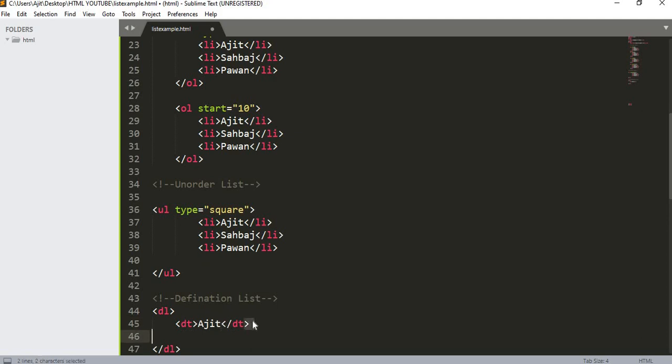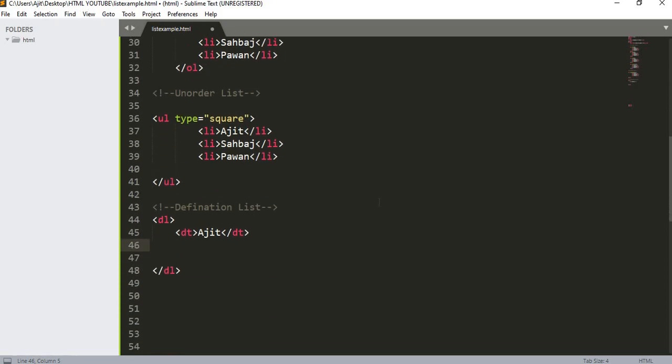So Ajit, under this Ajit I have to write something about him, so that it can be shown as a description. It is the dd tag which is used, data definition. These are the tags which will be used.